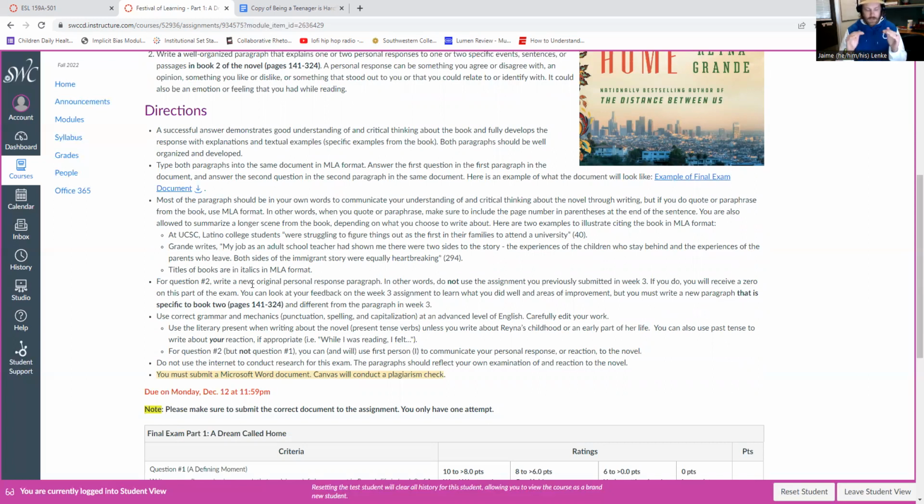Again, the outcome for ESL 159A is for you to be able to read and comprehend and analyze written and visual text to rhetorically understand how an author is making themselves understood in a piece of text. So the outcome that I'm looking for in this class is for you to write clearly and descriptively to explain your ideas. So